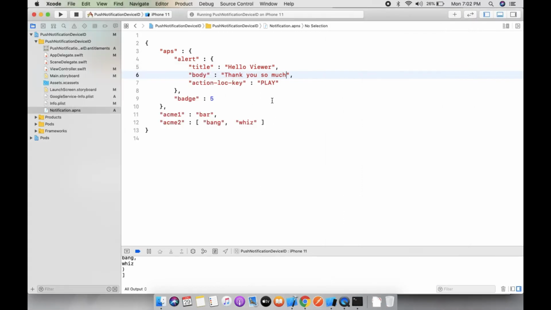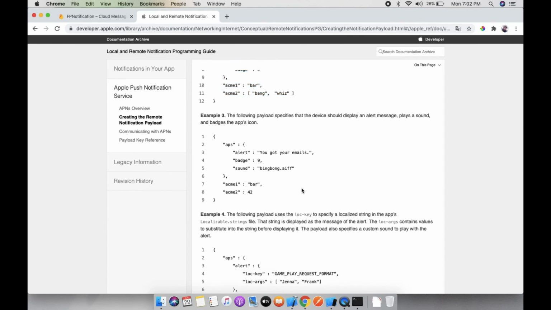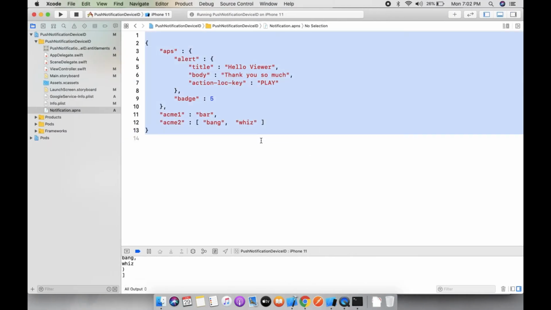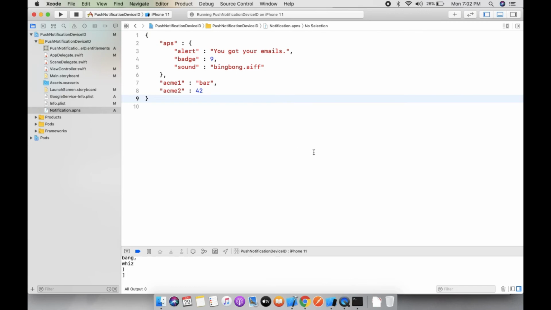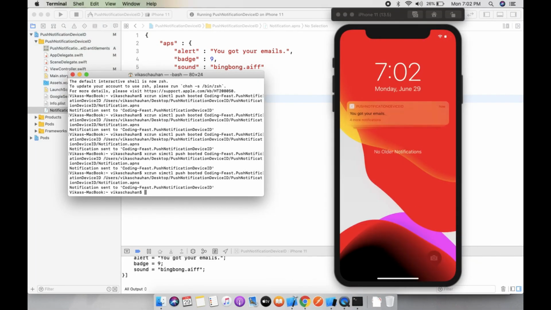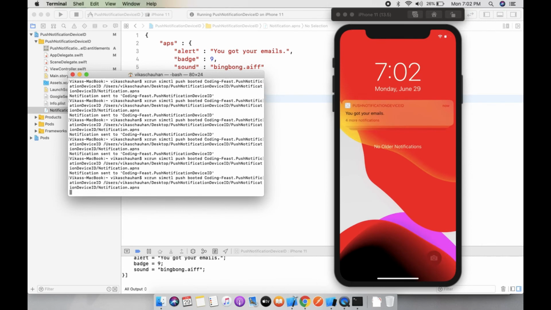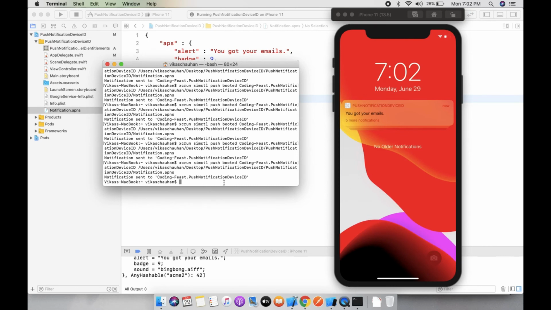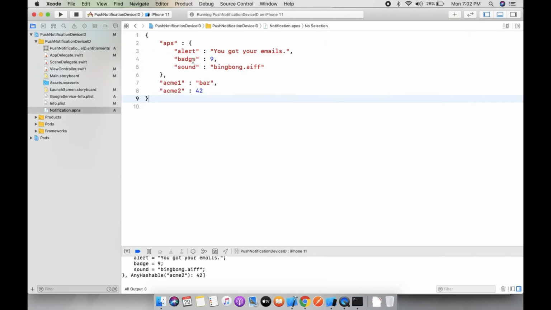If you want sound for this, you can try this one. Let's copy it and replace it, save it and run it. Here you can see the notification sound as well, and if you want a badge number, you can change the badge number in this.